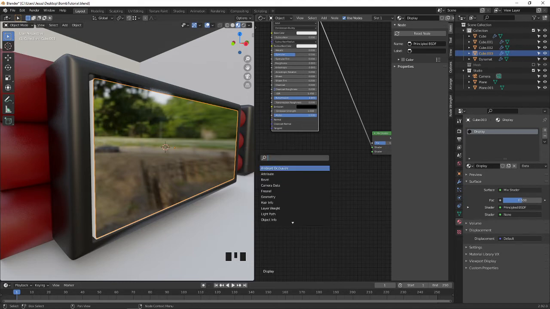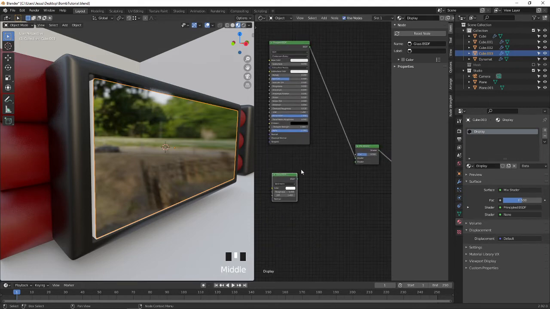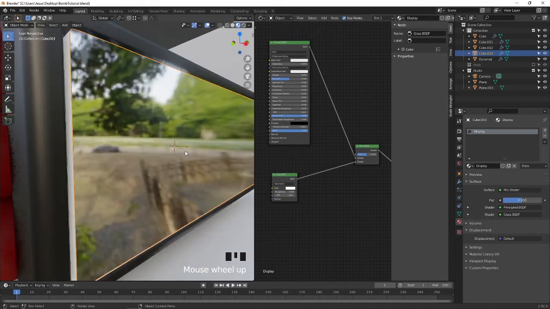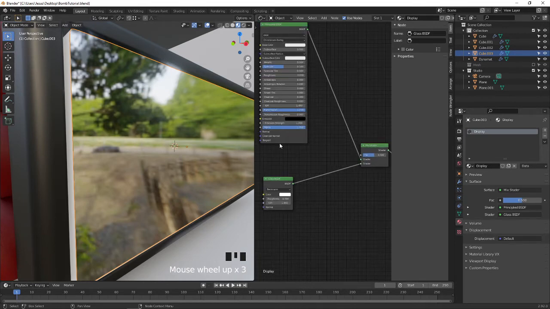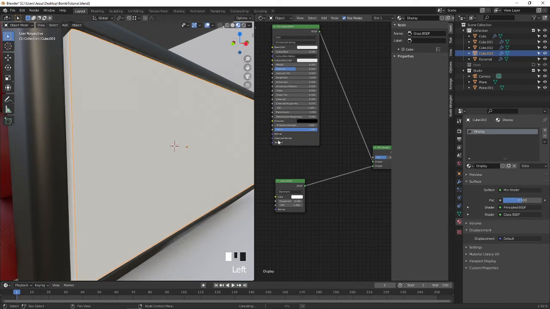Okay, let me search for the glossy BSDF and add this one. Turn off the transmission.